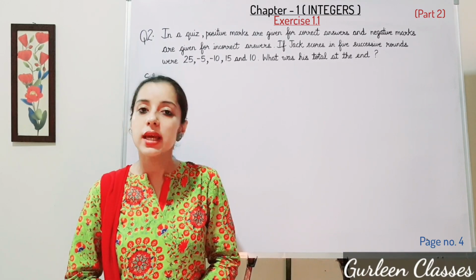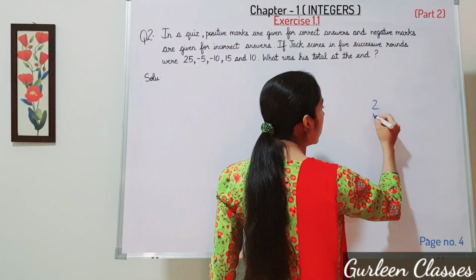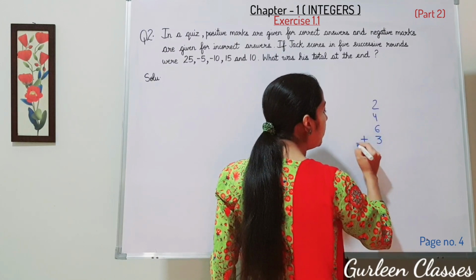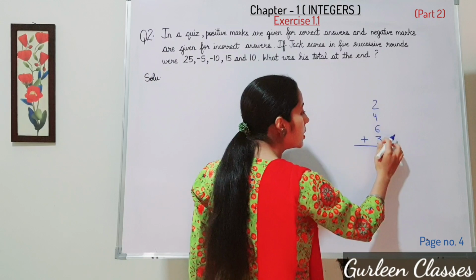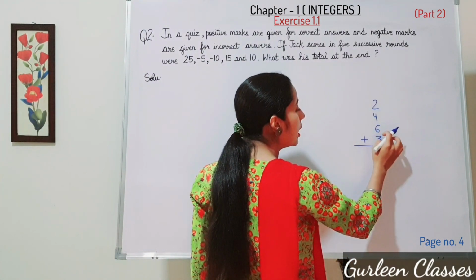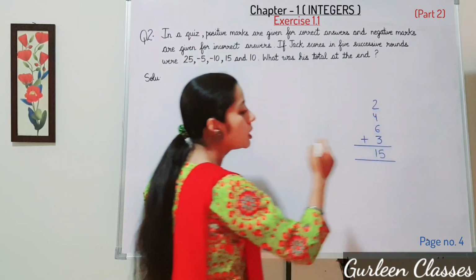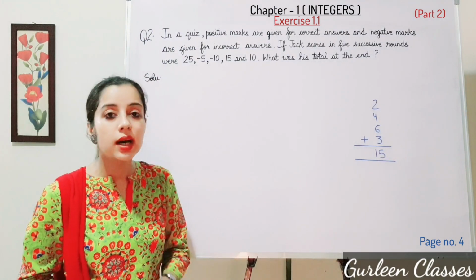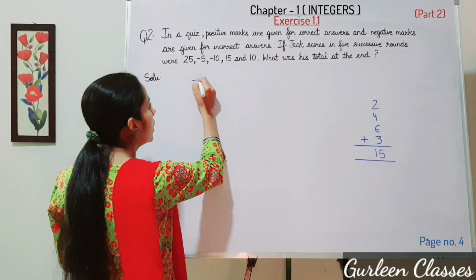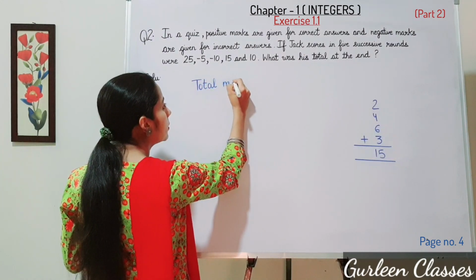So total marks, if in case it is given +2, +4, +6, +3, you would have simply added when all the numbers were positive. 2 + 4, 6. 6 + 6, 12. 12 + 3, 15. So in this case, total was 15. But here we have negative numbers also. So, right here, total marks